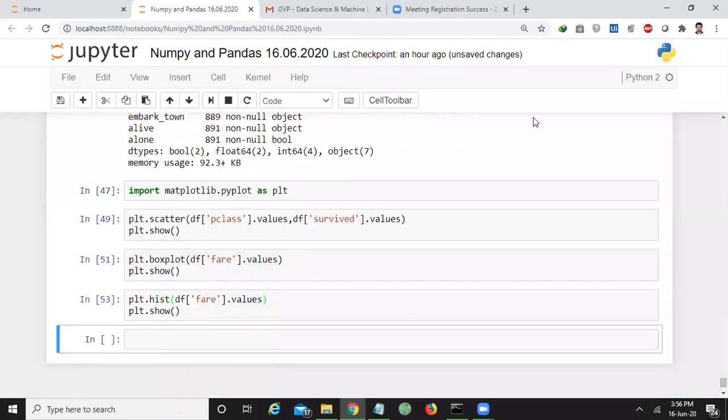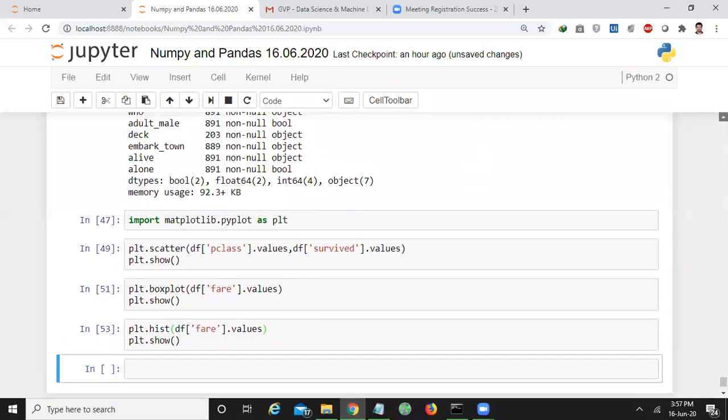So those who don't have the data set, no problem. You can browse through the net, because the Titanic dataset is a very popular dataset and it will be available in Google. If anybody wants the dataset, just give me a call or a message so that I'll give the dataset to those students, so that you can study the data.